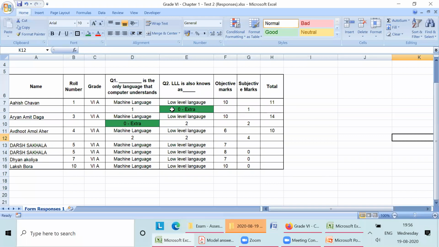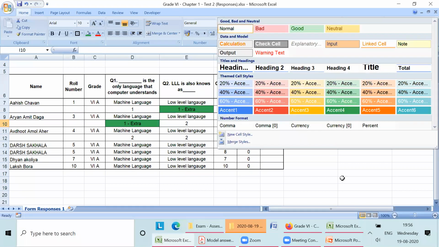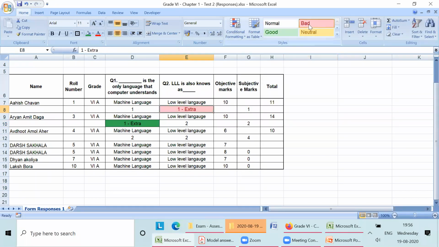Why 0? Write there 1. Sir, no. If you write 1, that will be counted, na? No, but we are writing the extra marks, extra word over there, na? See, it is not getting counted. Not getting counted. Okay, then it's good, hai na? Yeah. This looks good everywhere. Yes. EX लिखा तो भी चलेगा, EXTRA completely लिखा तो भी चलेगा. One thing we can have common, and one color itself, है ना? Yes. Done.